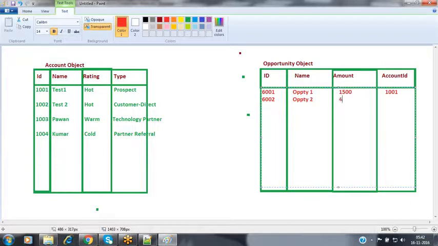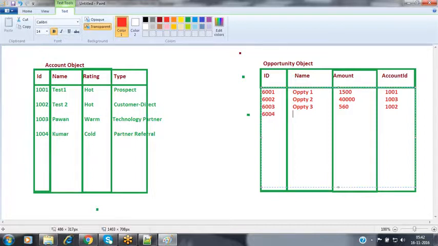It has given the opportunity to generate 40,000 revenue, and it is associated with account 1003, Pavan. Pavan visited our organization and purchased a few products costing 40,000 rupees. 6003, the third opportunity, opportunity 3, costs 560 rupees and was generated by 1002, test2, one of our customers who visited our organization and purchased some products costing 560 rupees.